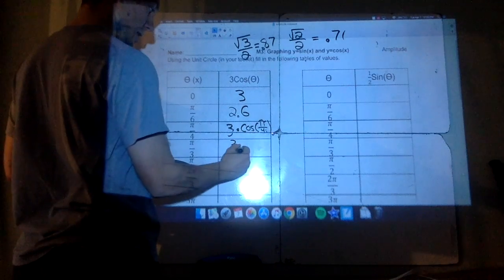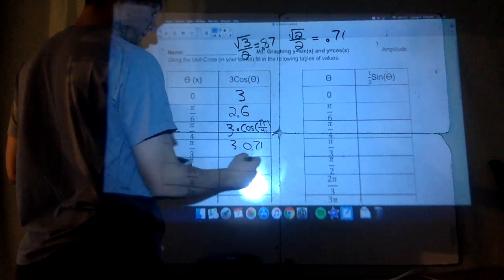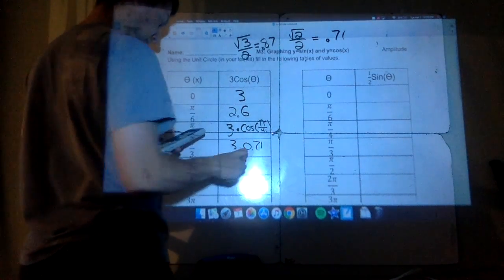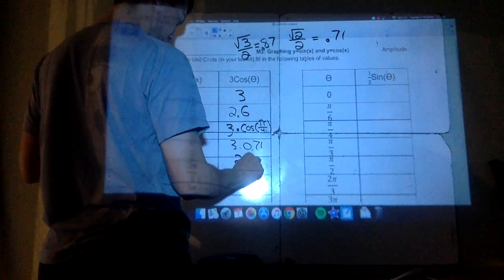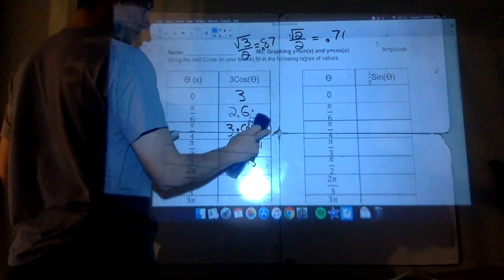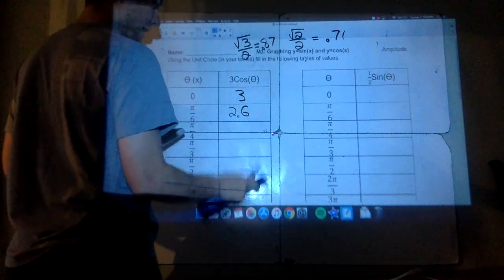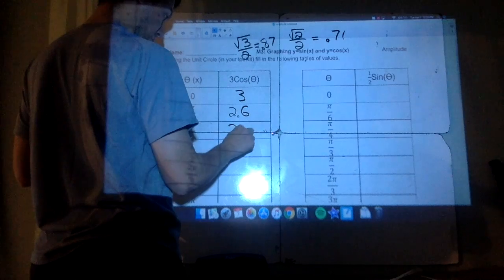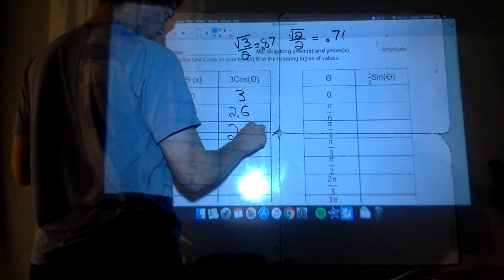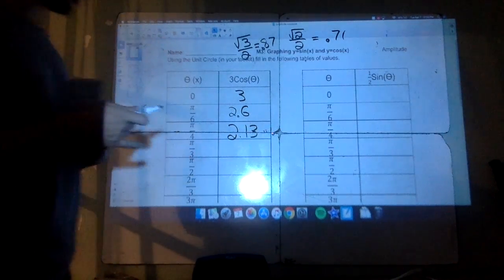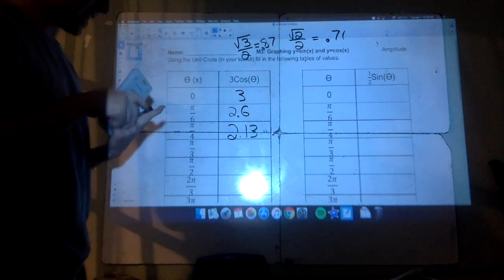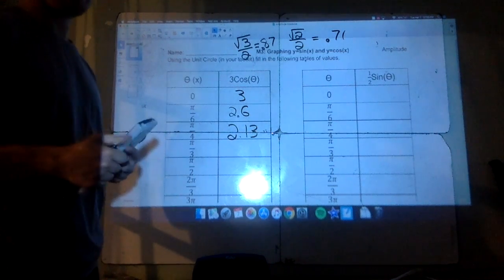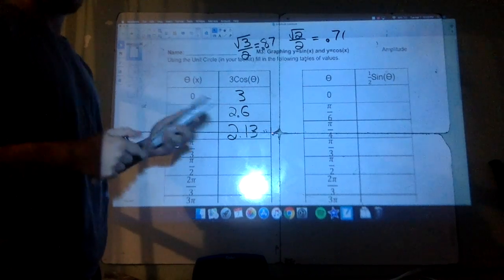So 3 times 0.71 gets us 2.13. So that's what's going in there. So you're going to do that, and you're going to complete this table for both 3 cosine and 1/2